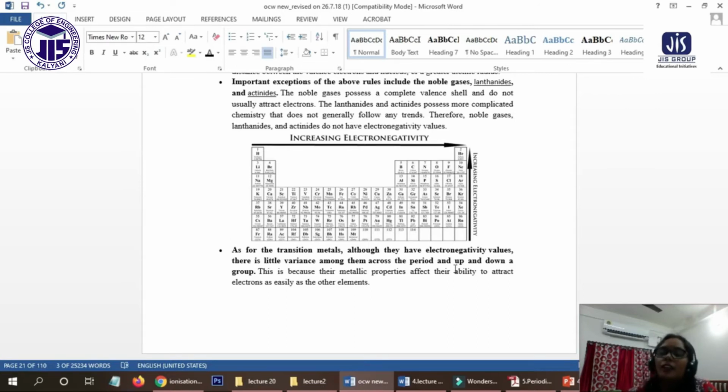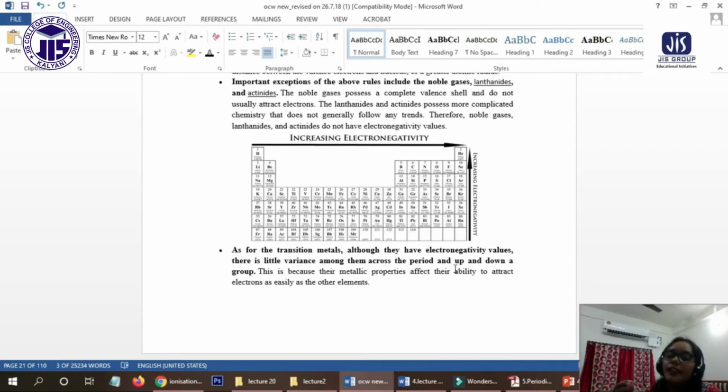Now I'm repeating whatever topics I have taught today. First of all, Mendeleev's periodic table, which arranges the elements according to atomic mass, and which has some merits and demerits. To sort out those demerits, the modern periodic table has been incorporated,